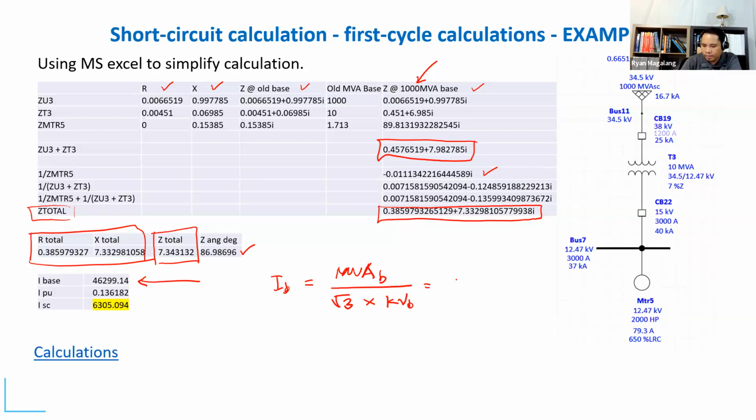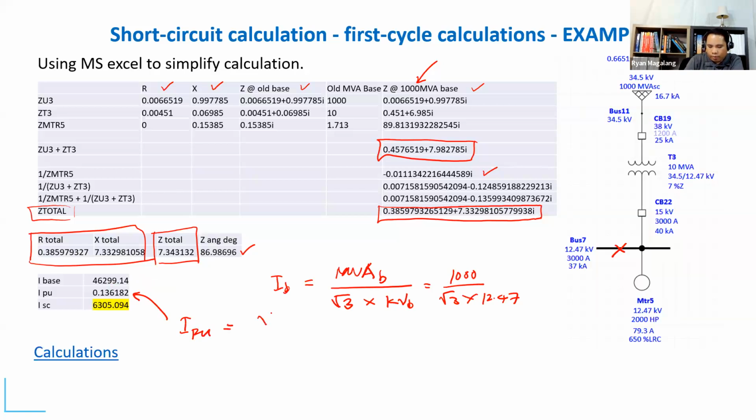So that is your 1000 MVA times 12.47 kV, because the fault is happening here. That's why we're using that. It's easier to use that. That's the base current here. So now I have this 46,299, and then my I per unit is essentially